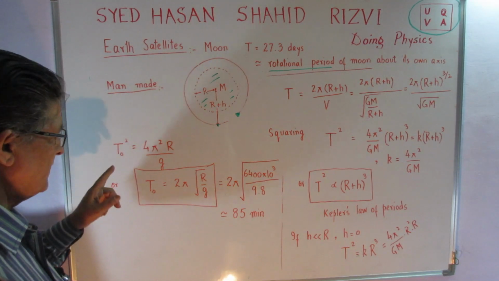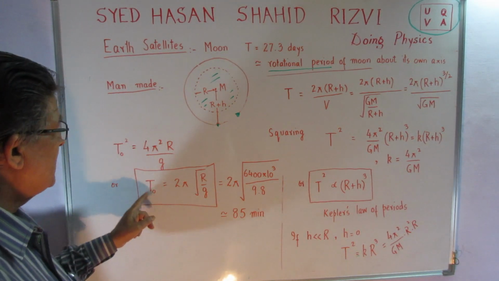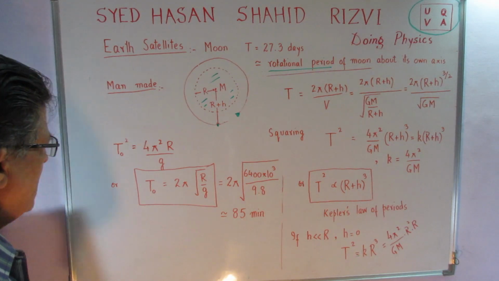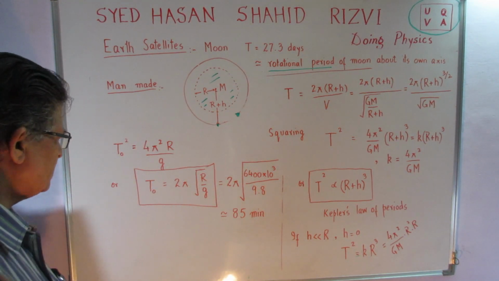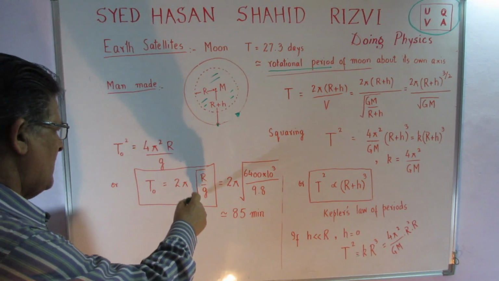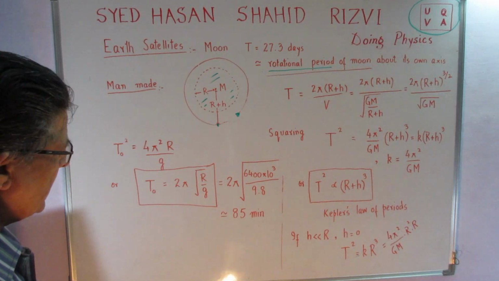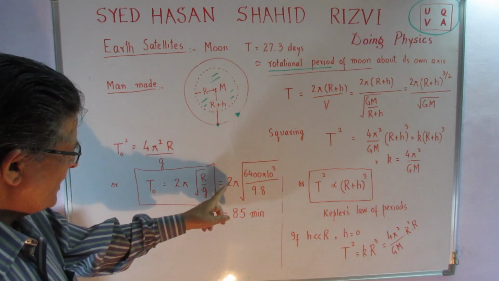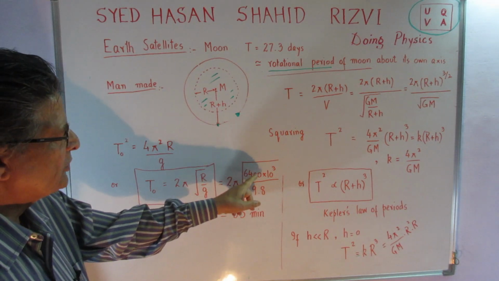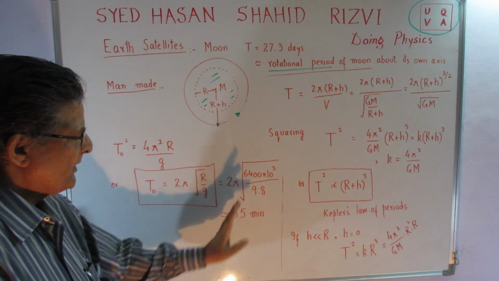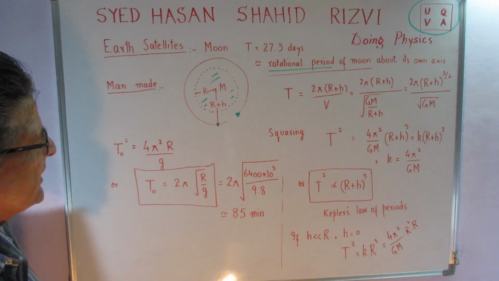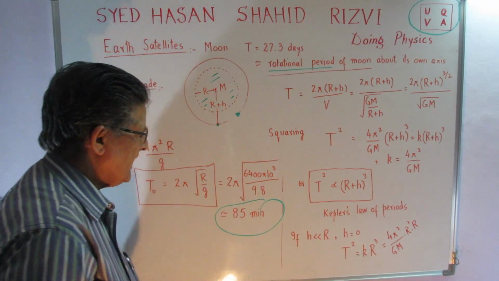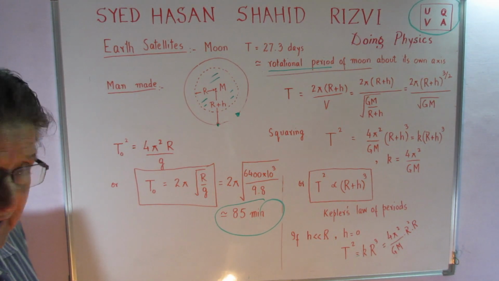So therefore in that case, where the satellite is close to the surface of the earth, if I write this time period for that particular satellite as t0, taking the under root on both sides, it will turn out to be equal to 2 pi under root r over g. This will turn out to be equal to 2 pi under root of 6400 kilometers, that is 6400 times 10 to the power of 3, divided by 9.8, and we arrive at a very magic number, and that is about 85 minutes,